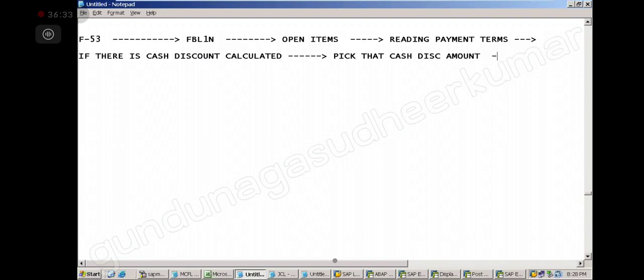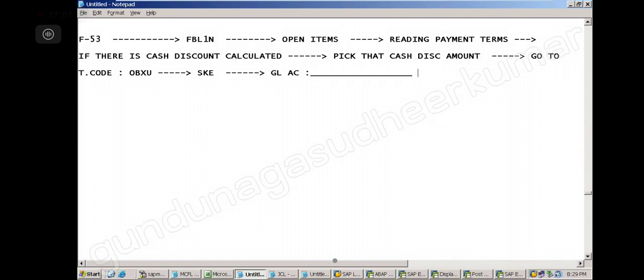Then pick that amount and go to one T code. What is the T code? The OBXQ T code. In that T code, there will be one key, the SKE key. For that key there will be one GL account.